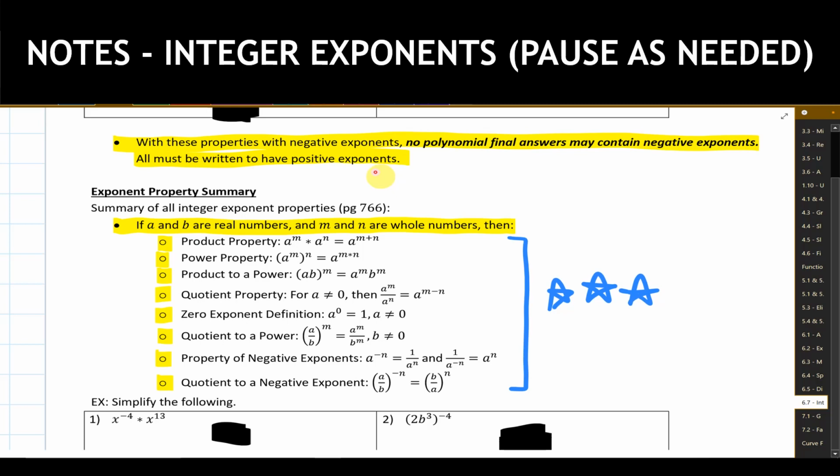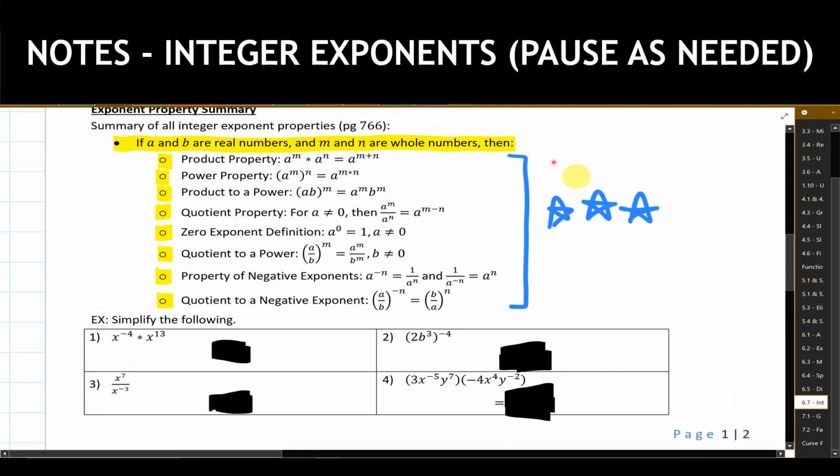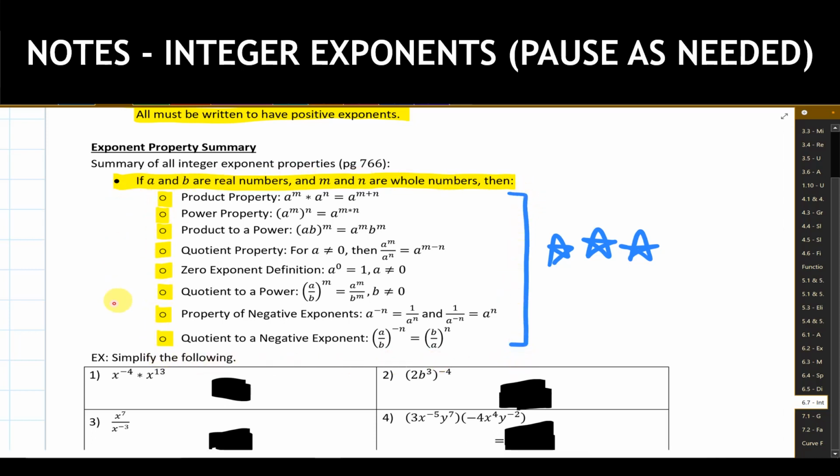Now, with this, I want to present this to you guys as well. Here's all of our exponent properties. It's a summary of all of them. If you do not have these written down for yourself, I would pause the video and take a moment to write all of these down. You are going to need all of these moving forward in this class and your future classes, because these are all the exponent properties that you could be seeing. So I recommend pausing the video here for a couple seconds, or a minute or two, however long you need, to write these down for yourself. And then we'll continue on looking at these examples.